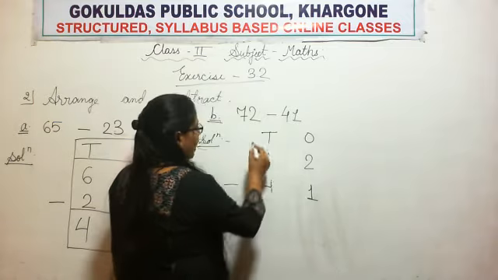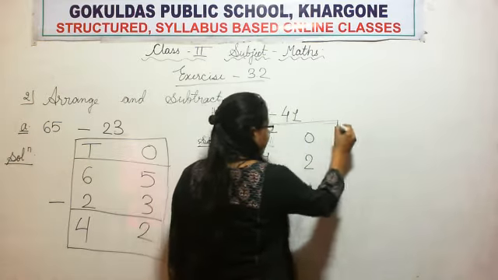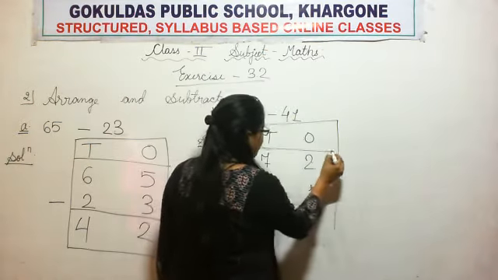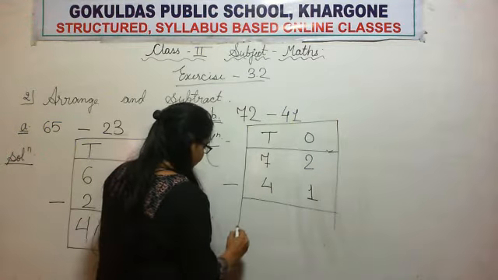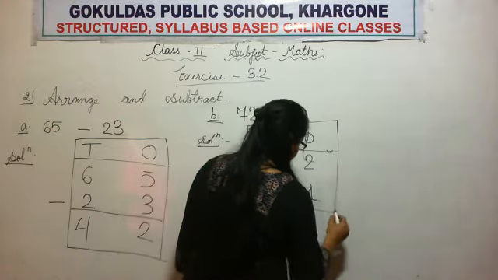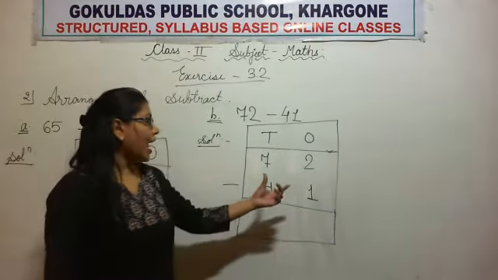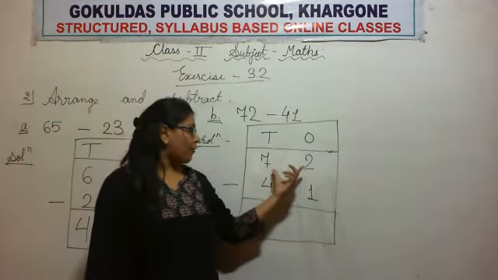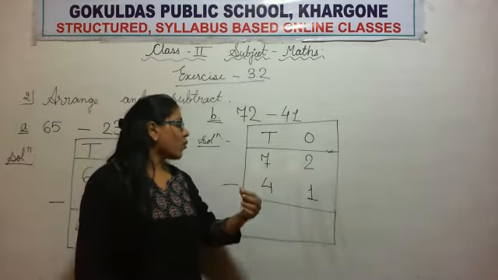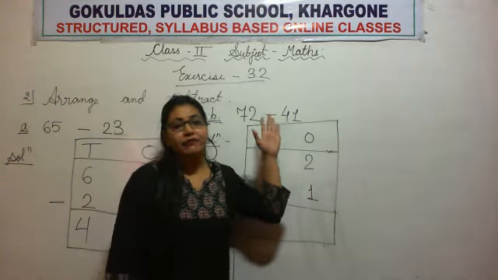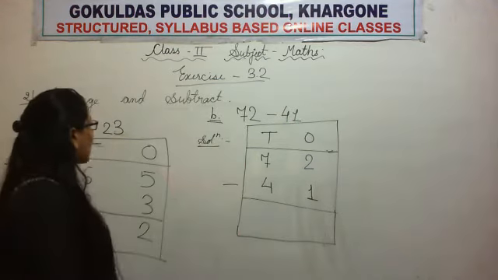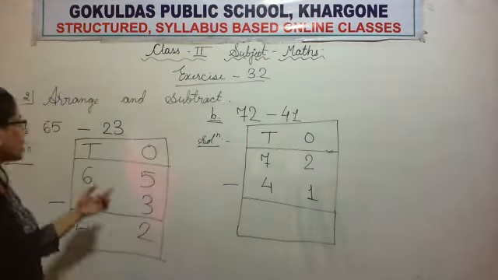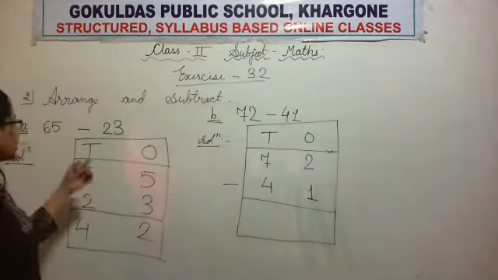41. Put minus symbol and make table with the help of scale. Okay. Do not make it by running hand. Now we had found our minuend and subtrahend, and we arranged both the numbers in tabular form. Now we'll subtract. The question was arrange and subtract. So we had arranged. Now we'll subtract.